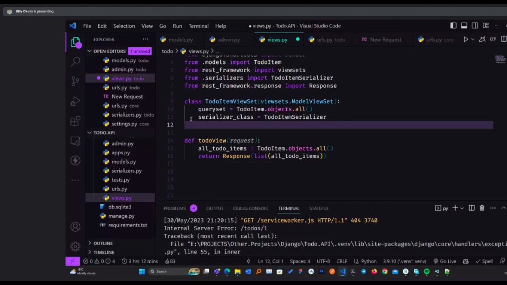So you can choose to do other things, then try to tweak this API to do specific things that you want, then connect it to a front end and see how it works. So probably if we get enough time, we'll connect it to a web framework, to a web front end. Then we'll also connect it to a mobile application, a mobile app, that is, so that you can see how having a REST API is beneficial in both ways. So up to there, I'll take any questions if there are.